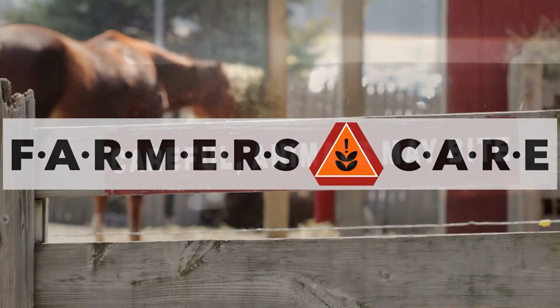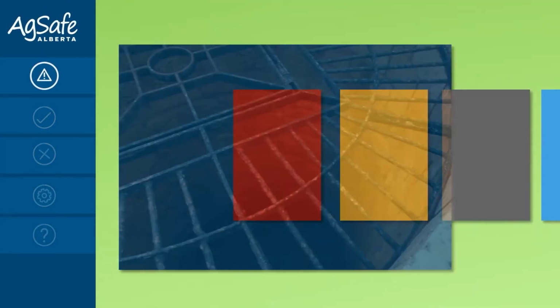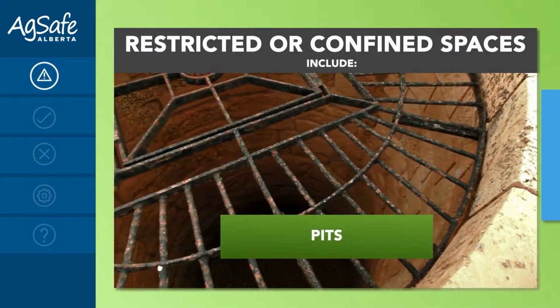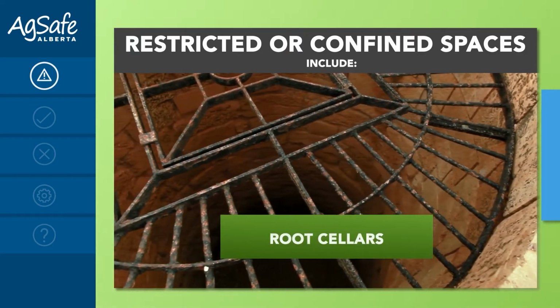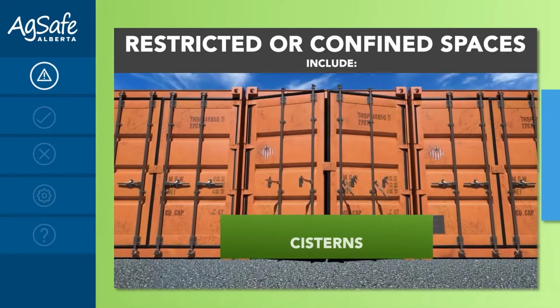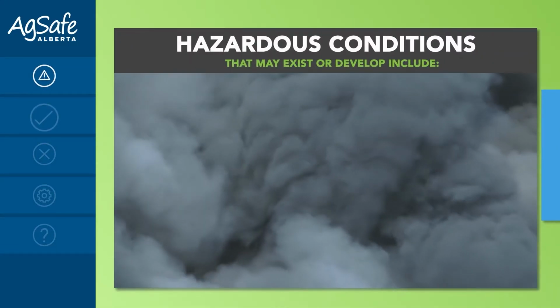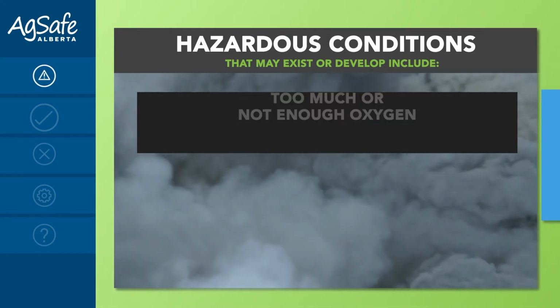In this video, we look at restricted and confined spaces. Areas that are or may become a restricted or confined space are bins, pits, wells, root cellars, silos, tanks, sea cans, and cisterns. Some hazardous conditions that may exist or develop in these spaces include too much or not enough